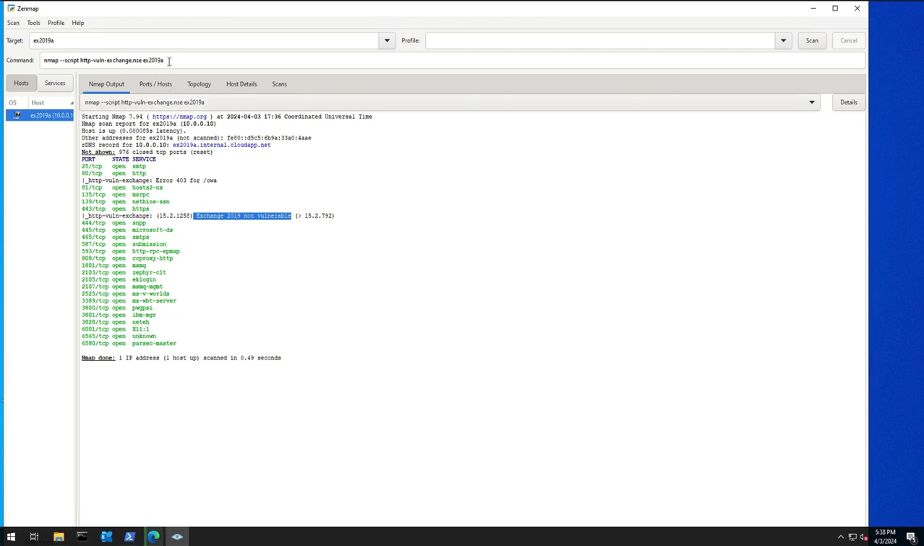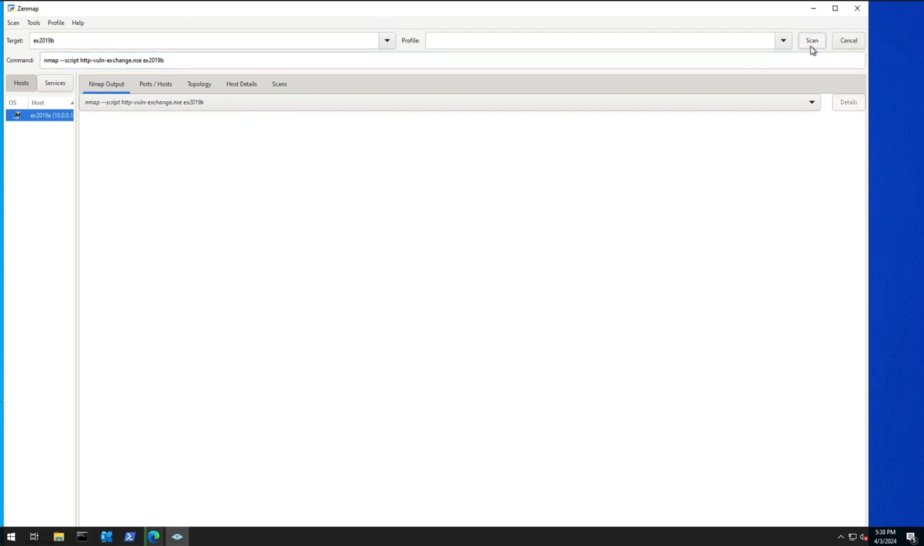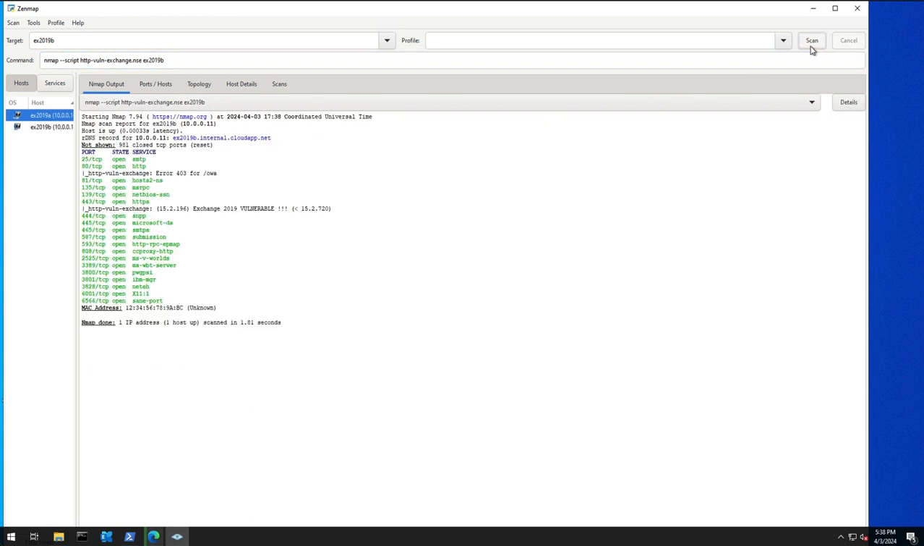Now I want to show you, if I change this to server B, you can see I can either select the target here or change the name, and I click scan, and it comes up to say that this Exchange server is vulnerable to attack. And this is RTM, so obviously it's missing a lot of patches. But just to demonstrate that with people, this